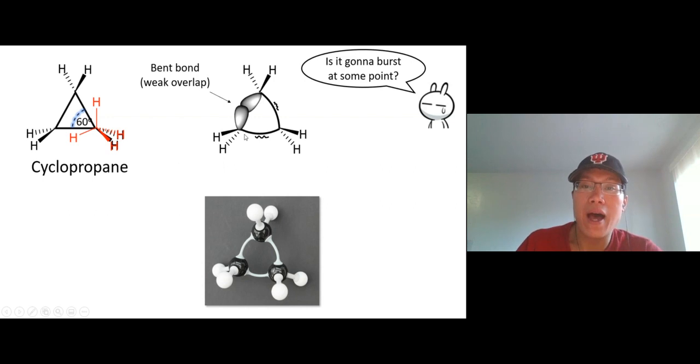We found that the bond in a cyclopropane ring is a little bent, right? And it does not cause a great overlapping, so it's not that stable. It's going to burst if you add heat into it, and it's actually highly flammable. Okay, so high angle strain and ring strain.